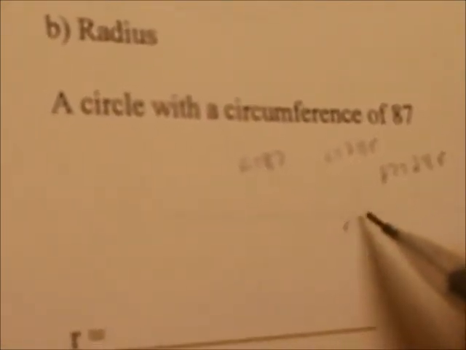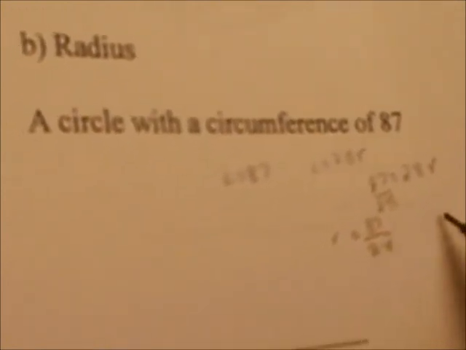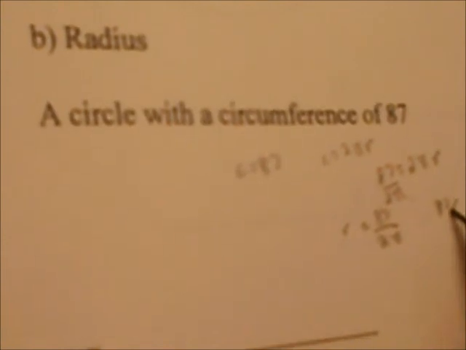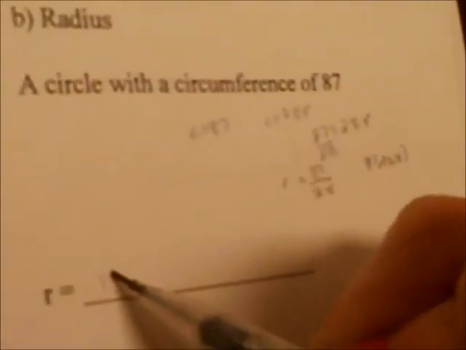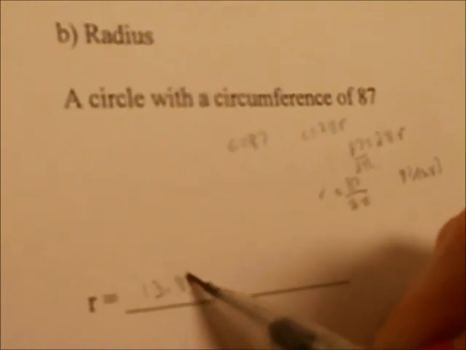For the second one, we have to find the radius, and we are given a circle with a circumference of 87. So we know the circumference equals 87, and the circumference equals 2 pi r, so we have to find r, so we plug in the 87. So 87 equals 2 pi